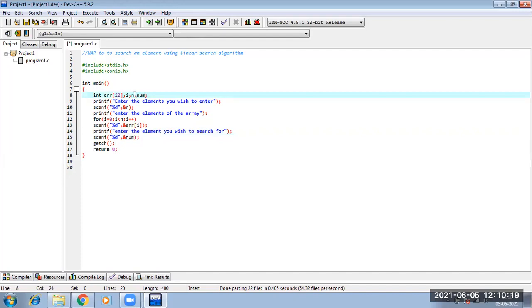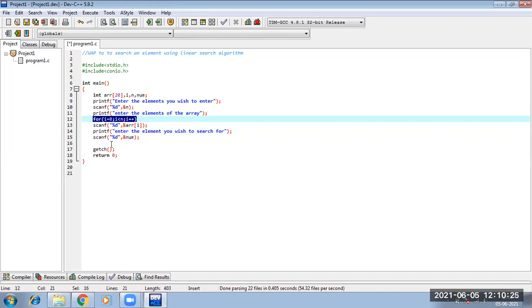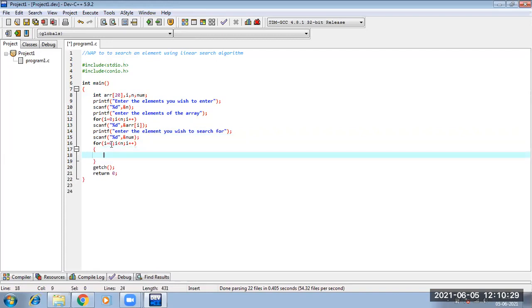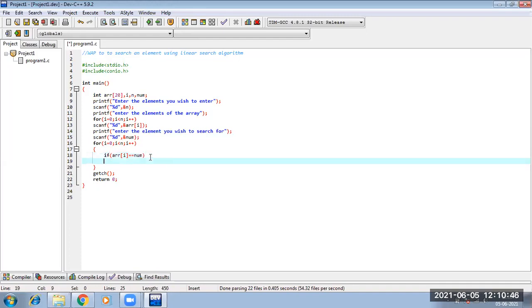Now, what was our logic? We ran a loop for our entire array, and inside that loop we checked if it is true. What will I do?